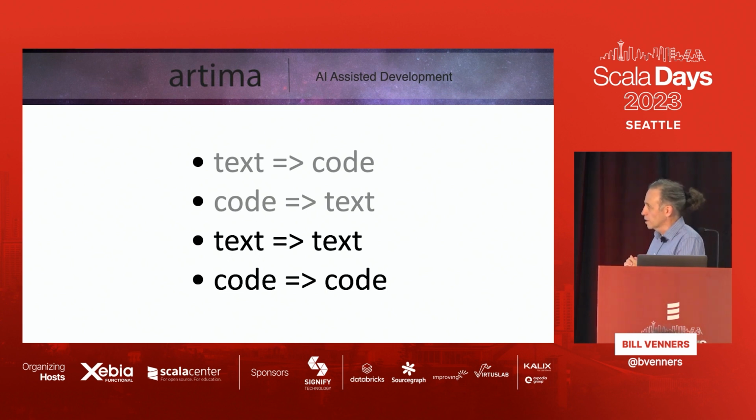The code to code one is the one where I think it falls in the category of, can we write a direct function? The example I want to give is a pretty neat product. It's only available for Java. This company's called DiffBlue. And they do reinforcement learning. They don't use a large language model, and they'll generate tests from your project. So if you've got a project that has integration tests but no unit tests, you can just run this thing overnight and it'll generate unit tests.